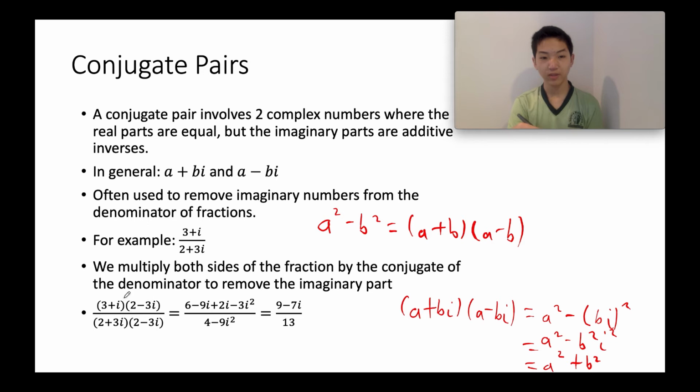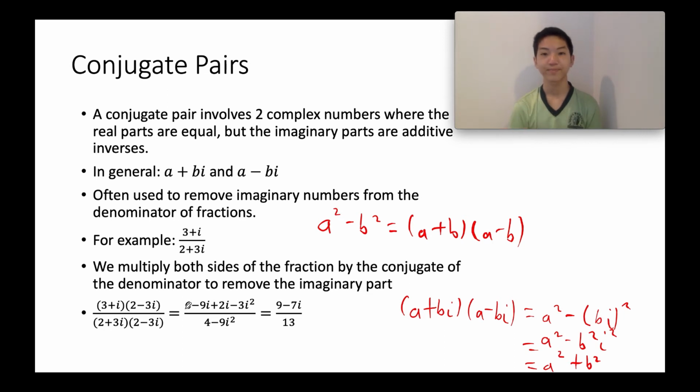then we expand this. 6 minus 9i plus 2i minus 3i squared, and then we can use our difference of two squares formula here. 4, which is 2 squared, minus 9i squared, which is 3i squared. And then on top we simplify that to 9 minus 7i, and on the bottom we simplify it to 13. So this 9 minus 7i divided by 13 would be the simplified form of 3 plus i divided by 2